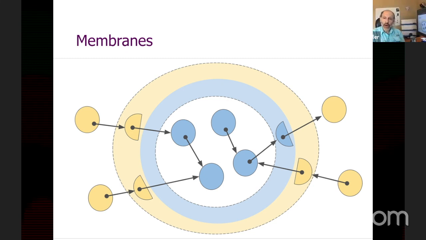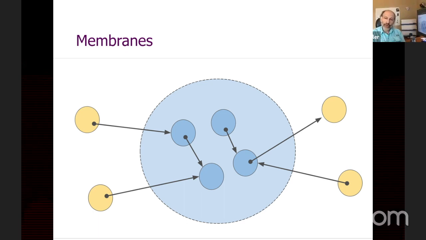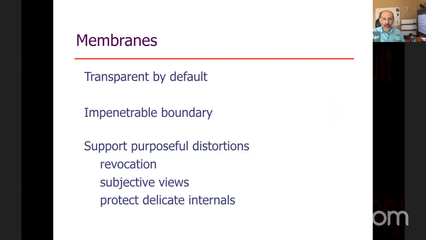The ones pointing outward are internal proxies for objects on the outside. The yellow half circles pointing inside are external proxies for the objects inside. And the proxies emulate the objects that they're talking to, so that for most purposes, the programmer can reason as if the membrane isn't there. And the membranes were designed to support simultaneously these three goals: that they're transparent by default, that if the membrane isn't doing something to change behavior, it's as if it isn't there; that it forms an impenetrable boundary, that as new references cross the membrane, they're wrapped or unwrapped to preserve the boundary between the subgraphs;